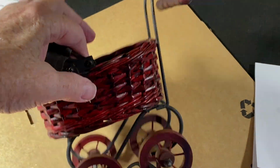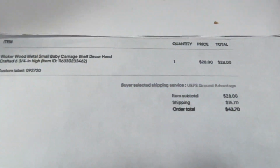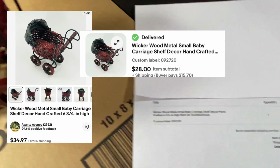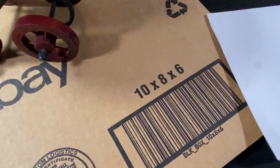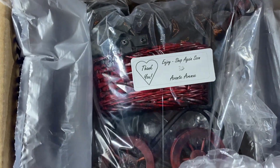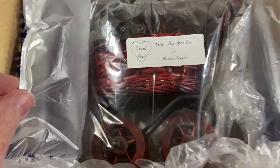Anyway, I bought 3 sets of, like dollhouse furniture or this size. And we sold one of these, and it sold not bad. Sold on offer for $28 plus ship. I'm just going to mail it in a 10 by 8 by 6 box with some bubble wrap and air pillows. I have air pillows in the bottom. I have the little carriage in a bag, some air pillows on each side, and some bubble wrap,